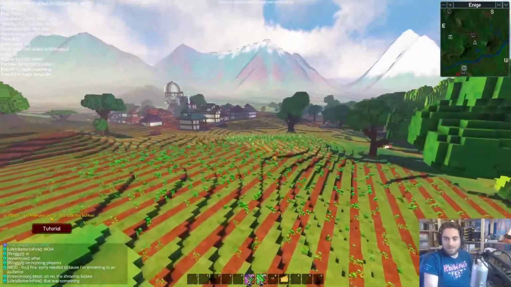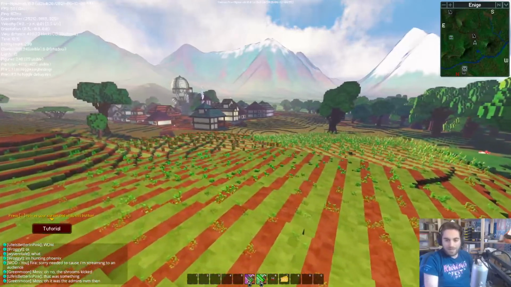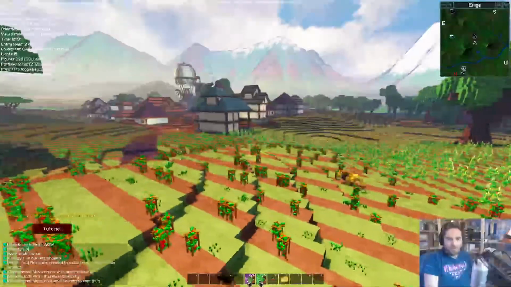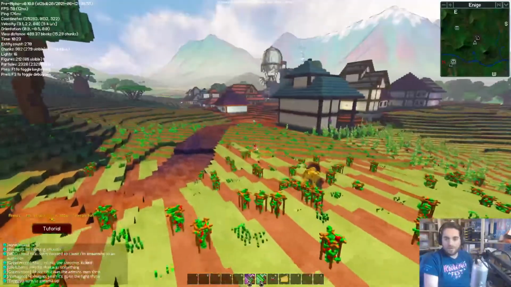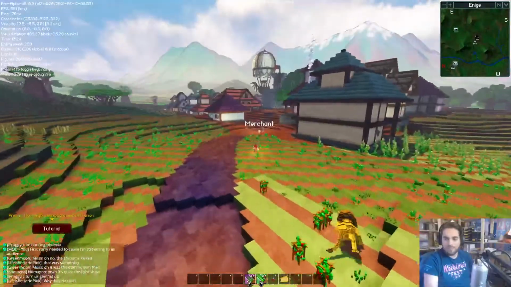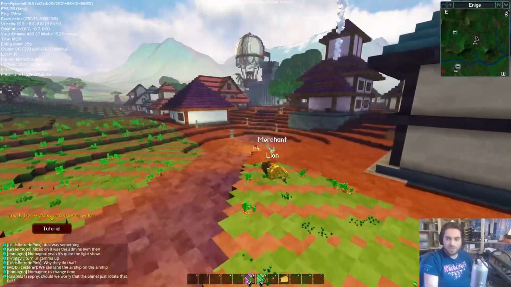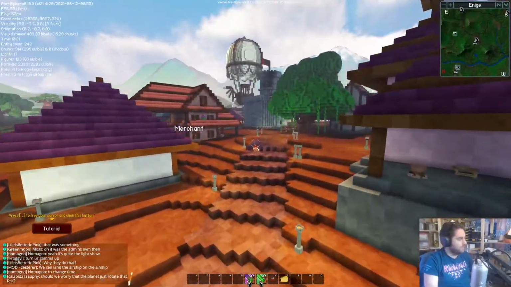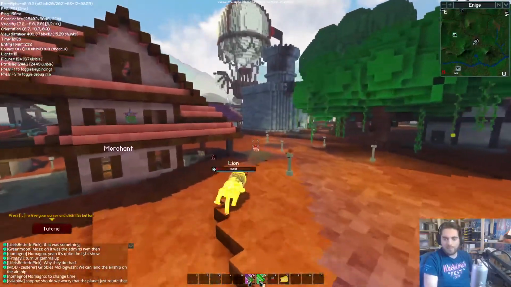So Veloren is an open world game. It came from the basis of Cube World, and for quite a long time we've been releasing a lot of different versions. With this version right here, I think there's quite a lot of super nifty stuff that we're pretty excited to show off. A lot of massive combat changes, stuff with dungeons, stuff with how players fight. And I think that our physics engine for airships has been improved a lot.